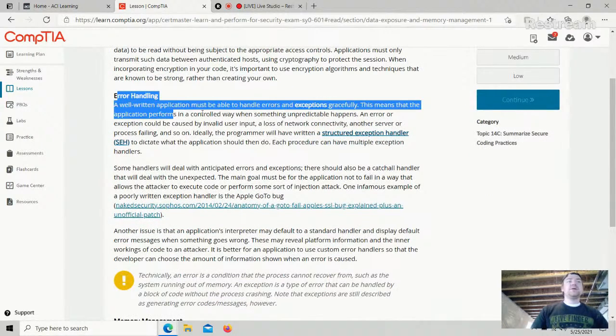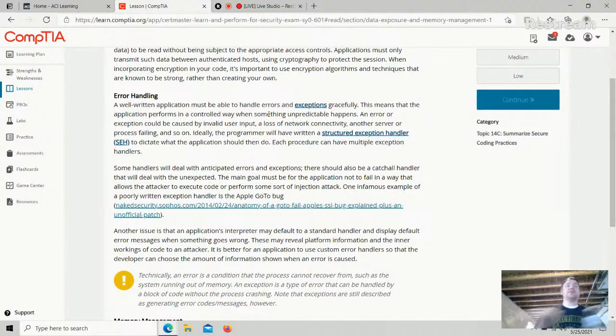Error handling. A well-written application must be able to handle errors and exceptions gracefully. This means that the application performs in a controlled way when something unpredictable happens. An error or exception could be caused by invalid user input, a loss in network connectivity, another server or process failing, and so on. Ideally, the programmer will have written a structured exception handler to dictate what the application should